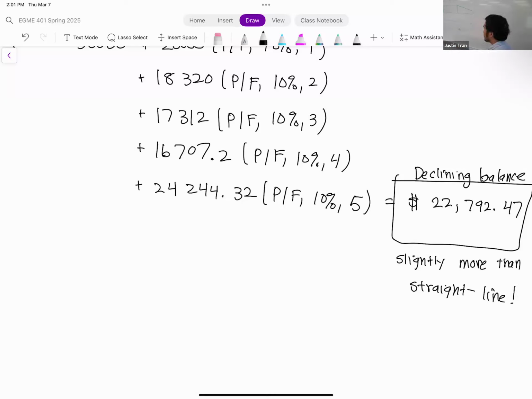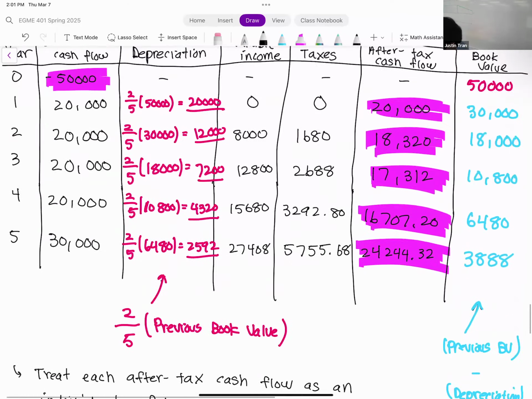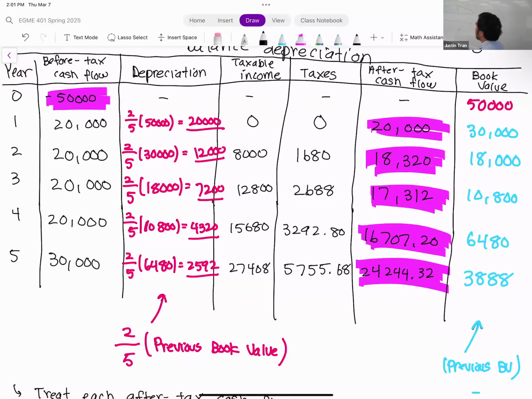And that's not by accident. That's expected. Because if you look at the cash flow tables for declining balance versus the straight line,